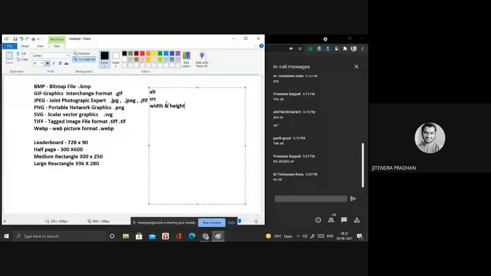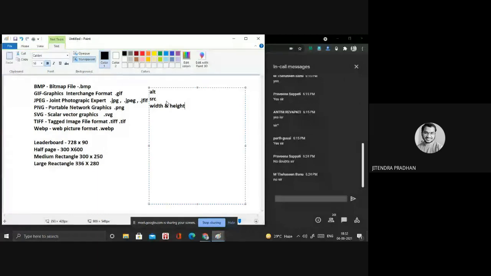Okay, if you want any image in a particular position, at that time we use alignment, whether in HTML or CSS, whatever format we are using.